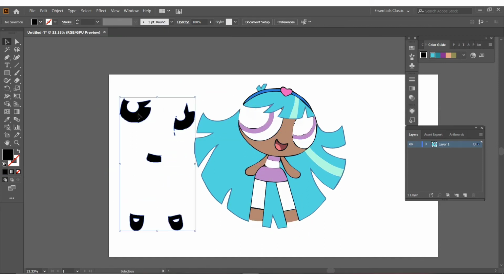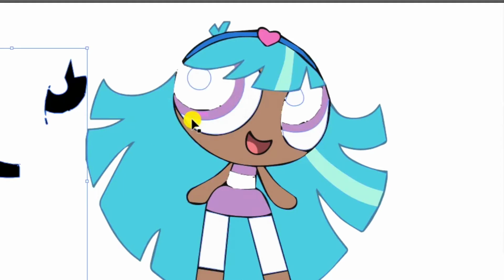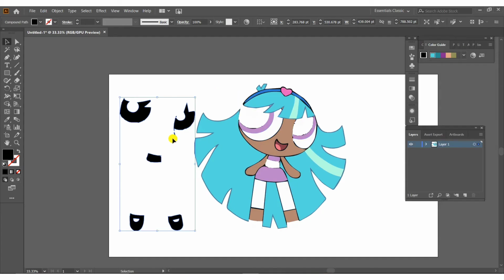Okay, now that we have all of our pieces, you see how that's not as clean as you would want it to be. This is what I mean about this one not being the cleanest option, but it does work. I'm going to continue on, and if you want to watch my next video on the next version of how you can make an SVG file in Illustrator, please stay tuned. It will be up ASAP, and that version will be a cleaner version of how you can make SVG files. So continuing on with this video,